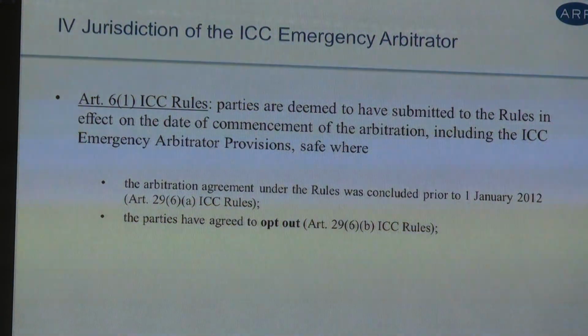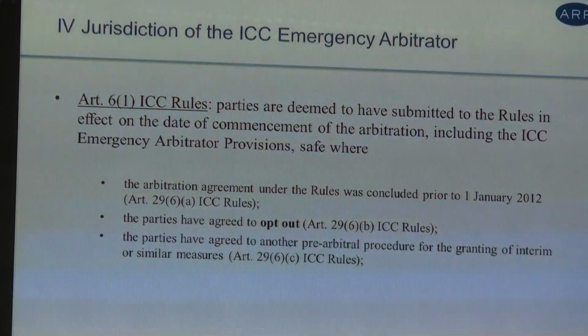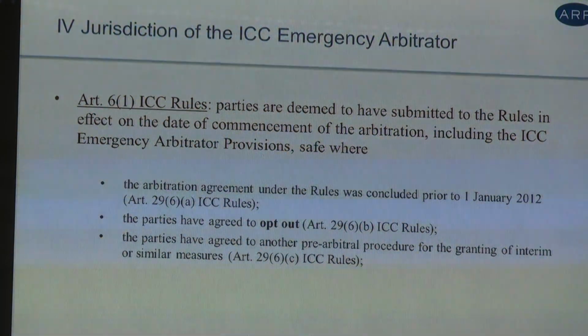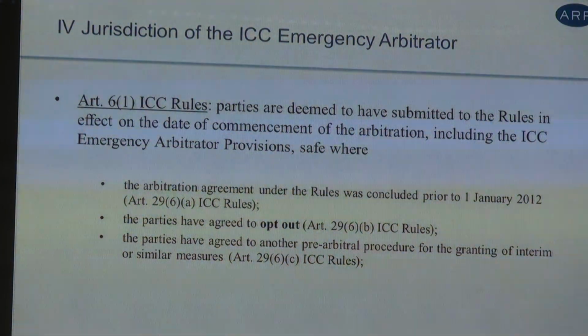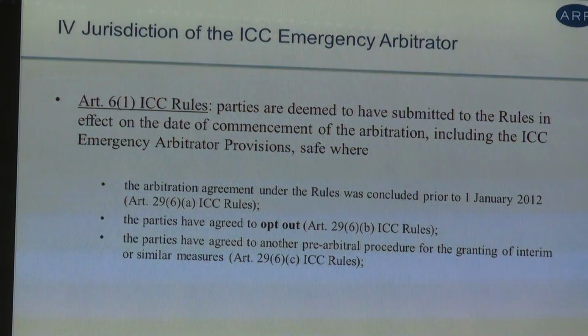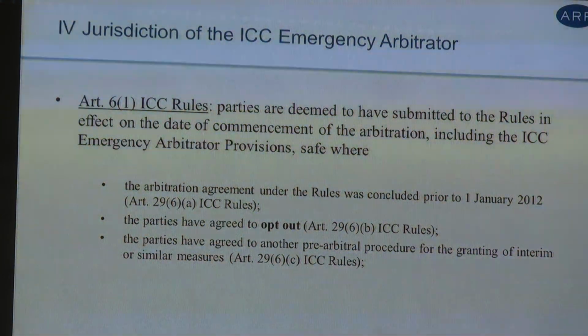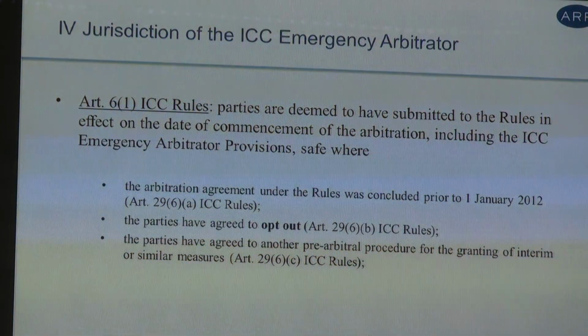The next precondition is parties can always agree to opt out, of course, but the opt-out must be expressed. And the parties must not agree to another form of pre-arbitral interim relief, for example, the ICC pre-arbitral referee. And there's another system which you may know, the FIDIC contract for construction. It's a kind of pre-arbitration adjudication, which is a system where parties have to submit the dispute to an adjudicator or a dispute court, and this adjudicator makes a provisional determination, which is not an order, which is not enforceable, but it is a contractual determination, and the parties are bound by this determination and have to comply with this decision. So this